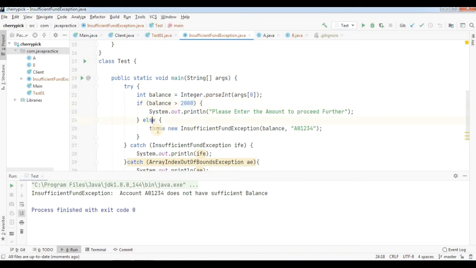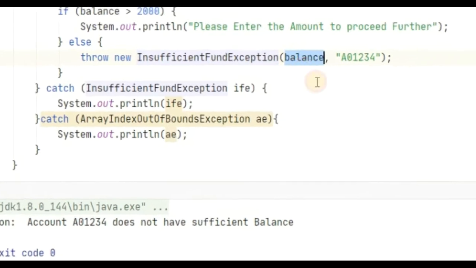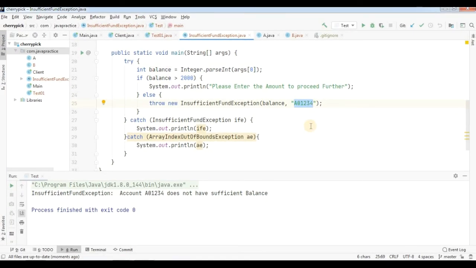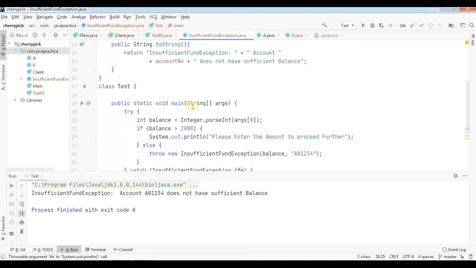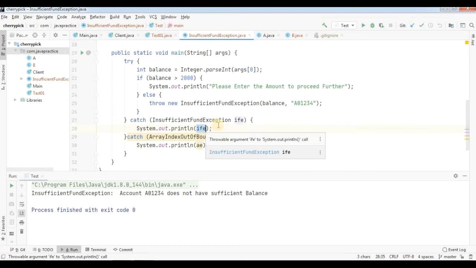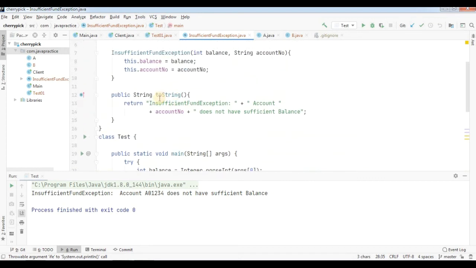Then on that condition it will come into the else block and throw a new InsufficientFundException. So the balance value it will take, and it will have the account number value. So it will come into the first catch block, and on this particular reference it will automatically call the toString method. Once the toString method is called here, it will go into the toString method.